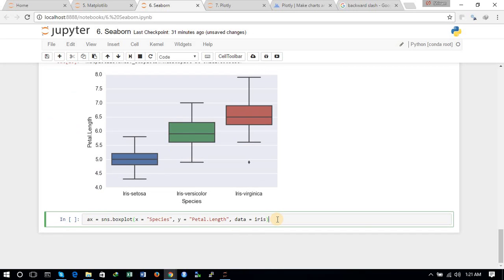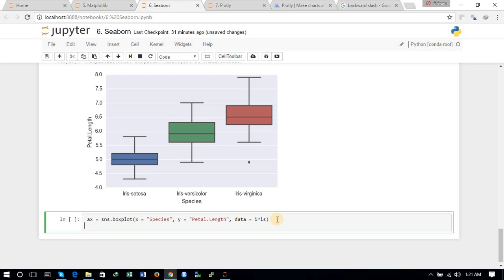Axis, we will just import some jitter and edge color in it, and we will try to create the strip plot. So we will be using the strip plot function of the Seaborn package. So let's just do it. So now again ax is equal to sns.stripplot, and you just need to give the same command again,